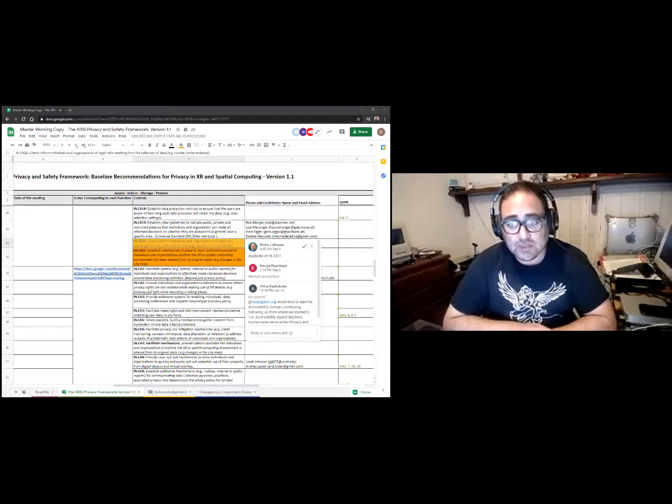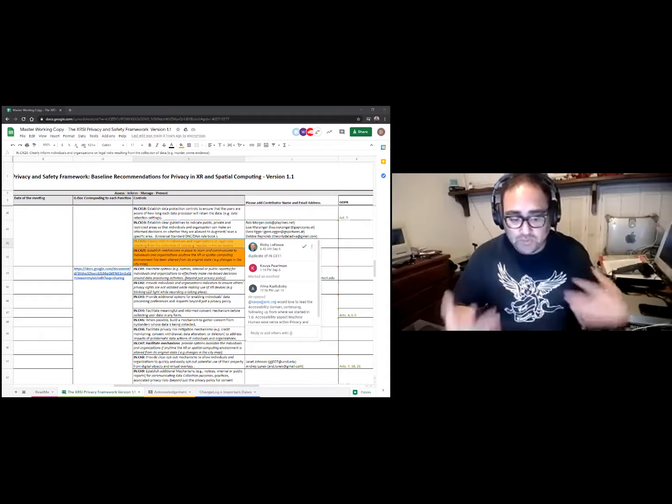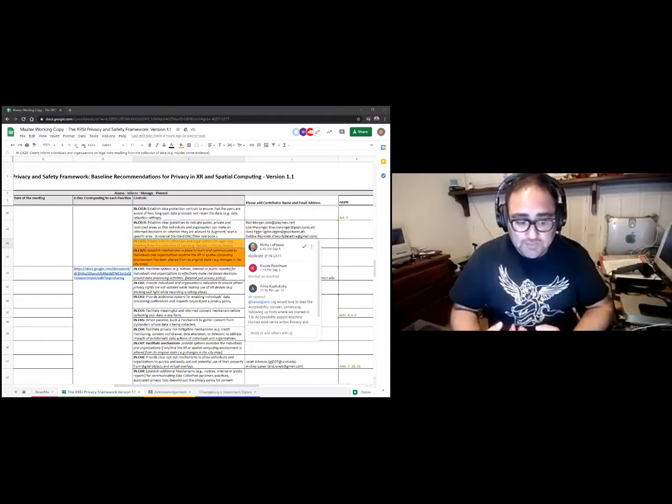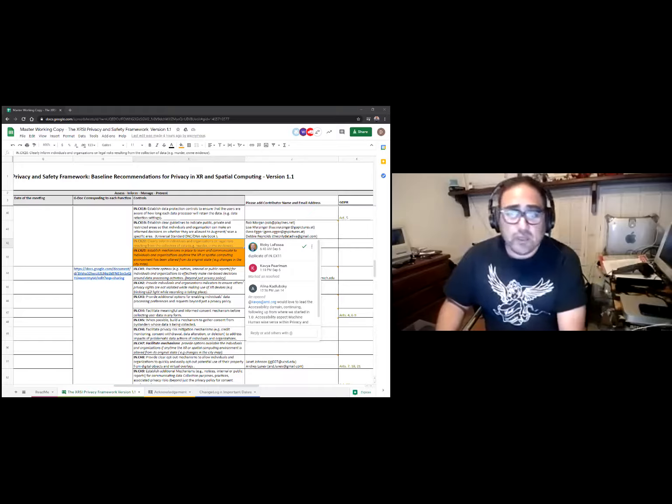Again, these suggestions came from you all, and we want to express that this is very much a collaborative effort. We're working with different universities, different organizations, different companies, with the ultimate goal of the version 1.1 of the framework being a set of recommendations that can be used by countries around the world for their privacy standards as far as XR is concerned. And then other suggestions and feedback, again in the document,